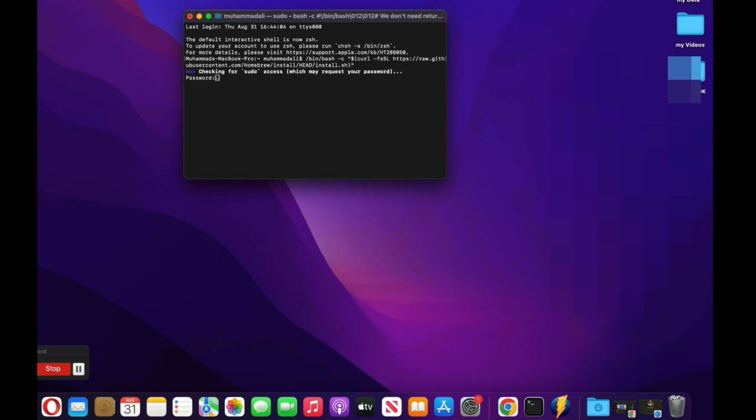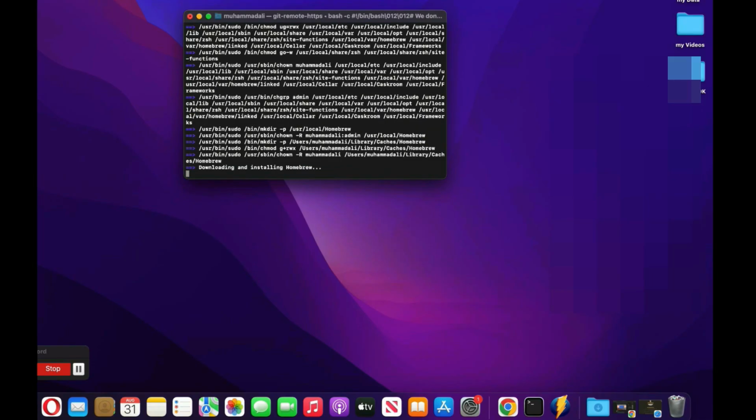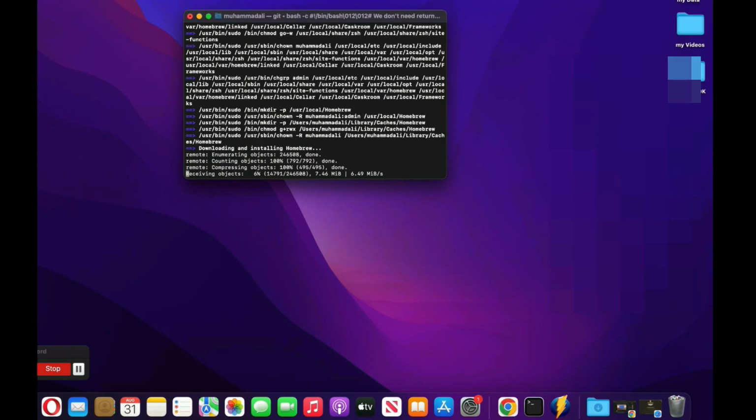And it asks for your password. So type your password and press enter. Press enter to continue. So let's wait for it. It is installing Homebrew, which will hopefully fix our CocoaPods error, because we will now install CocoaPods using the Homebrew terminal command